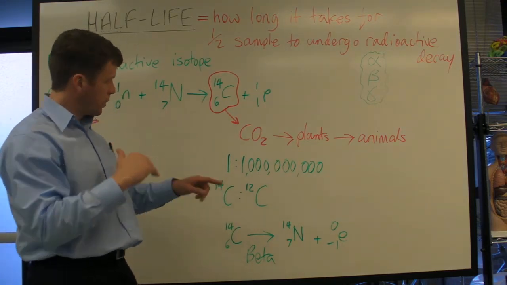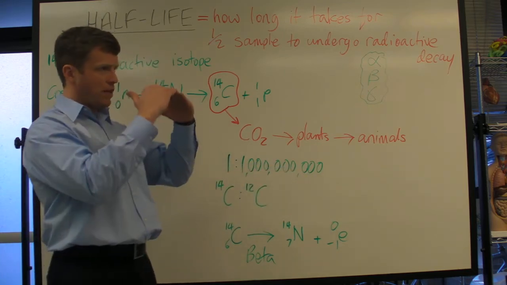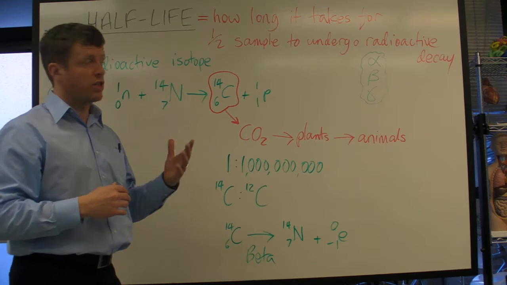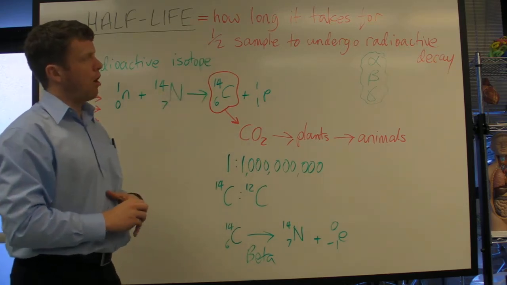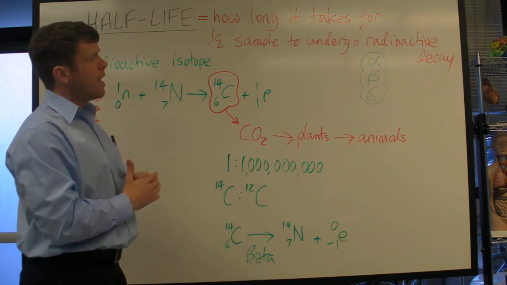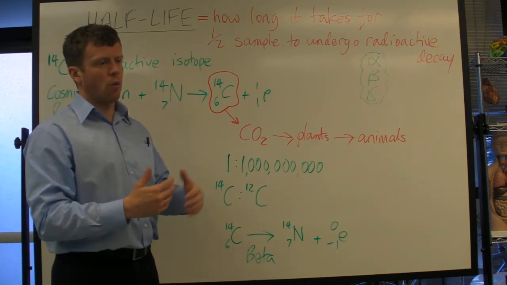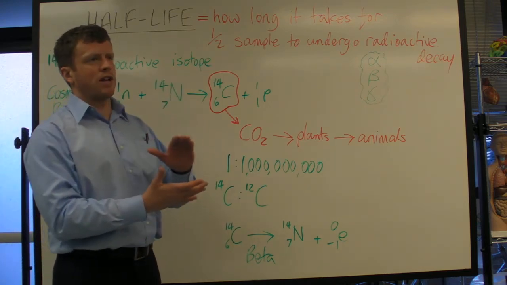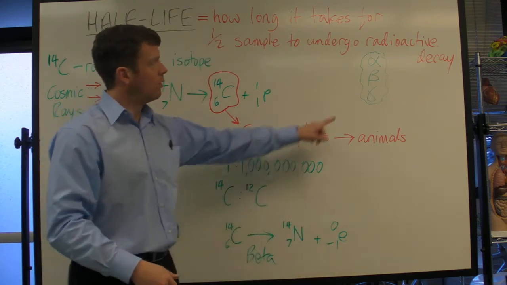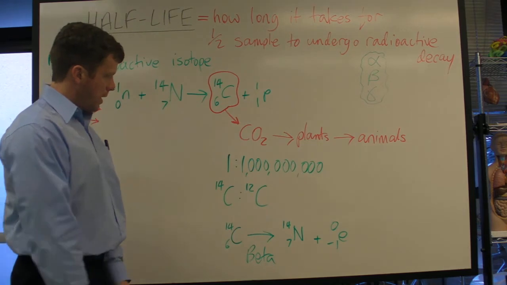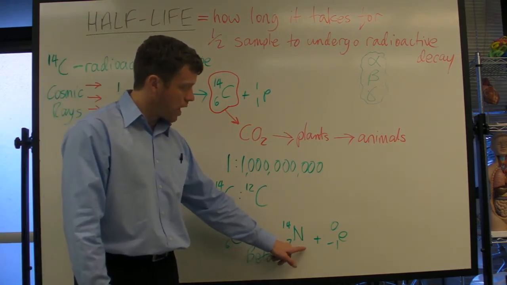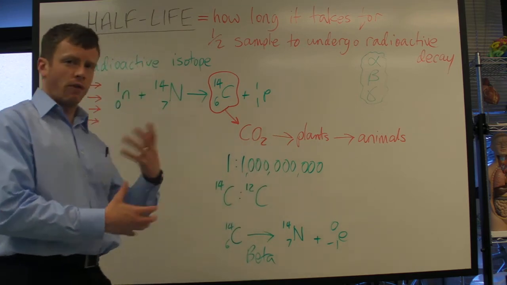So the level, which is roughly this, gradually drops, and it drops by a certain amount, which is actually the half-life of carbon. All radioactive isotopes and elements have a half-life, and it's how long it takes for half of the sample to undergo radioactive decay. In the case of carbon, it undergoes beta emission to produce nitrogen back into the atmosphere very slowly,